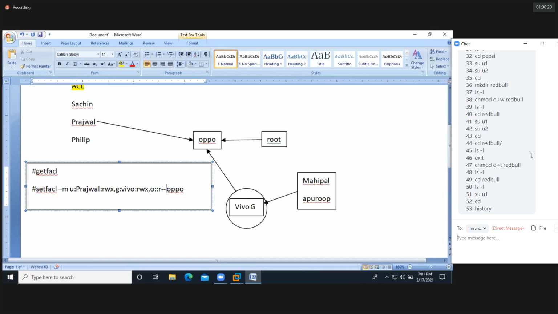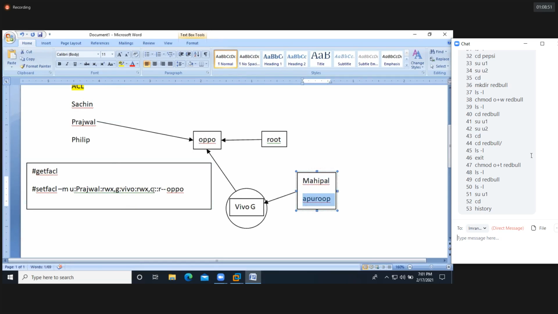I hope you're clear. So like this, we are assigning the ACLs. To deny the Prajwal user, r is enough. But I'm allowing the Prajwal user, he needs to create files and directories inside Oppo. Because of that reason, I gave rwx. And I gave rwx for Vivo. So the Vivo group members are Mahipal and Apru. So these two people have access to create files and directories inside the Oppo.